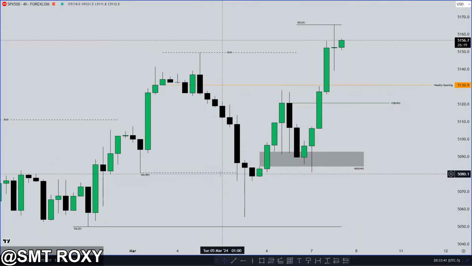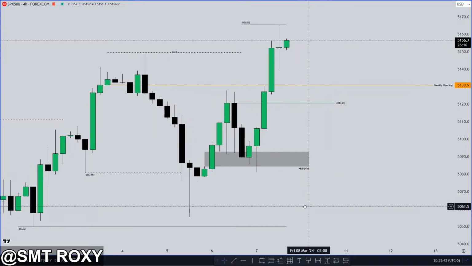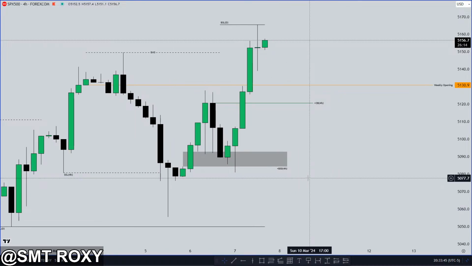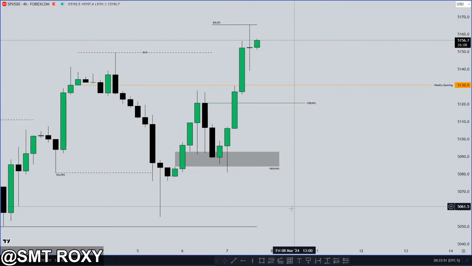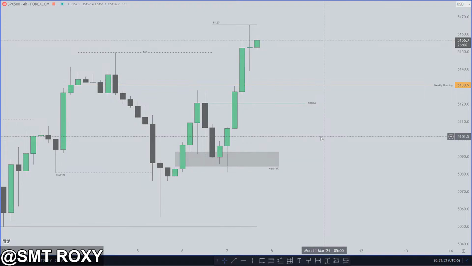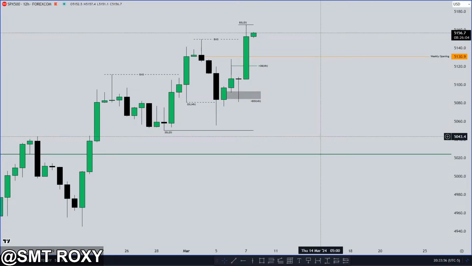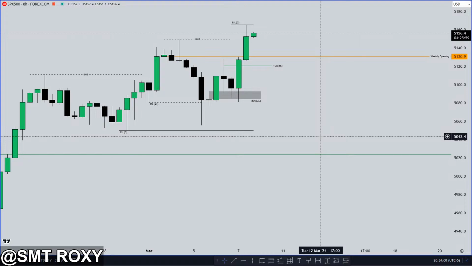But I wasn't watching the market today, and I wasn't trading because I've got other things to do, like I said, and it's completely normal, I guess, to step away sometimes, especially if you know what you're looking for. It doesn't matter. So 12 hour, let's see if we got one fair value. On the 12 hour, we have one fair value up. On the 8 hour, we have 2, especially.